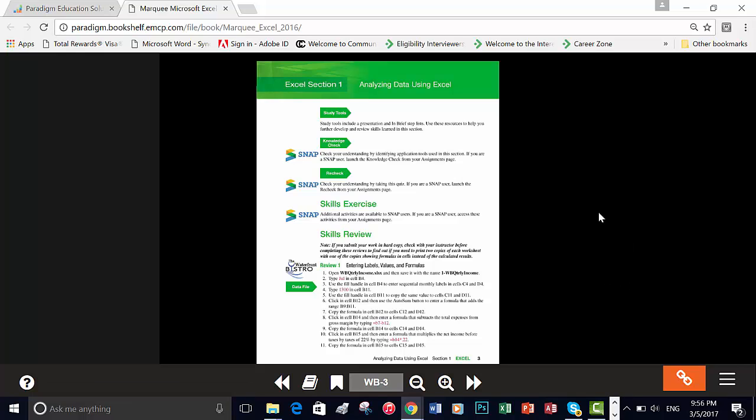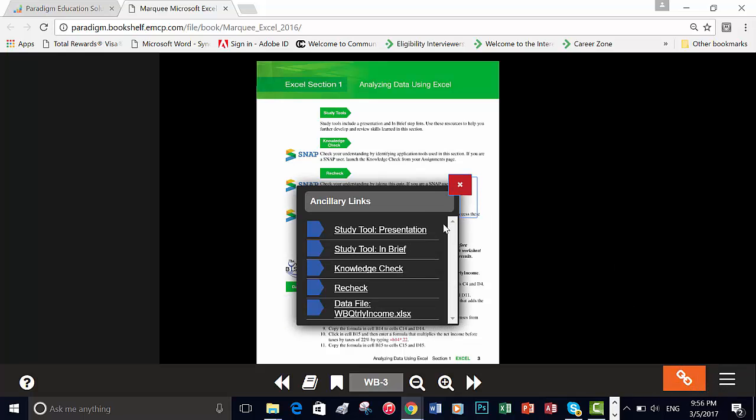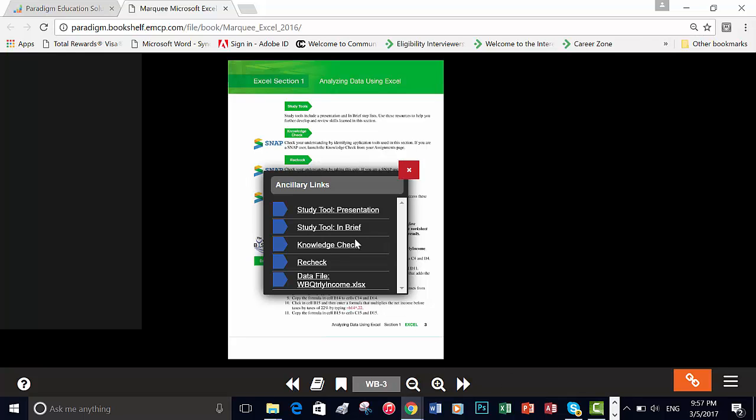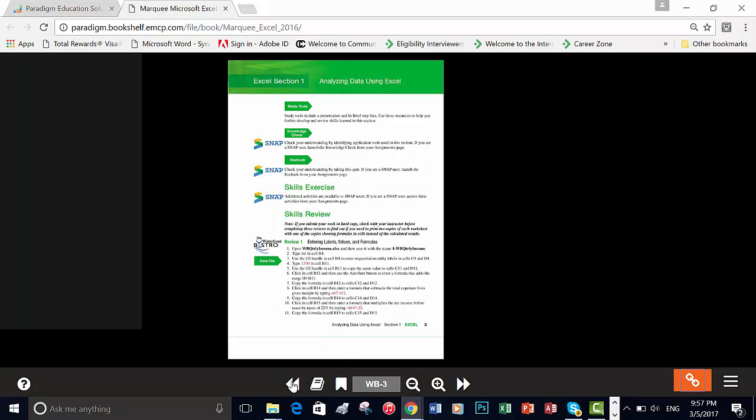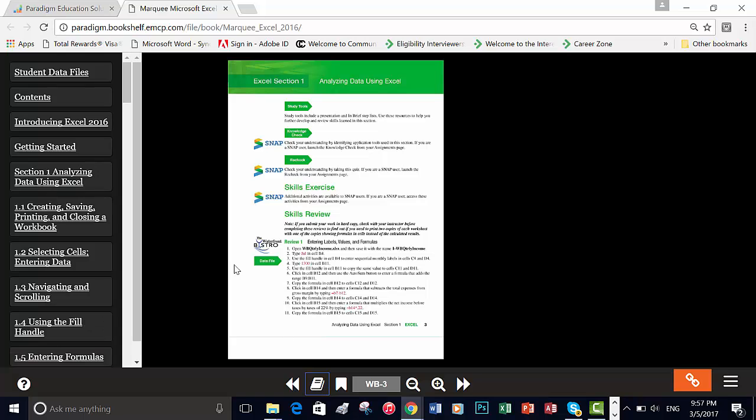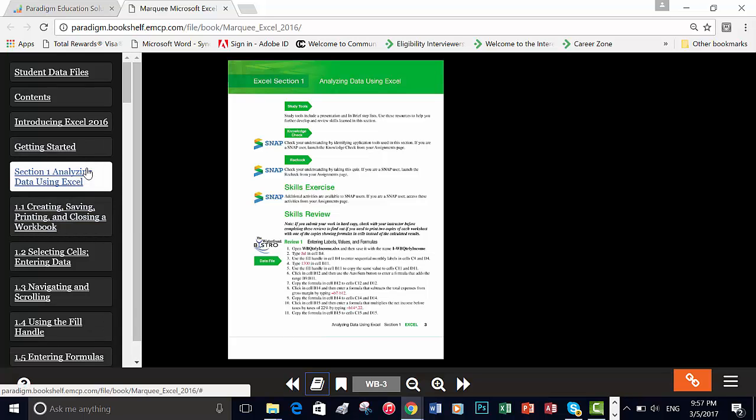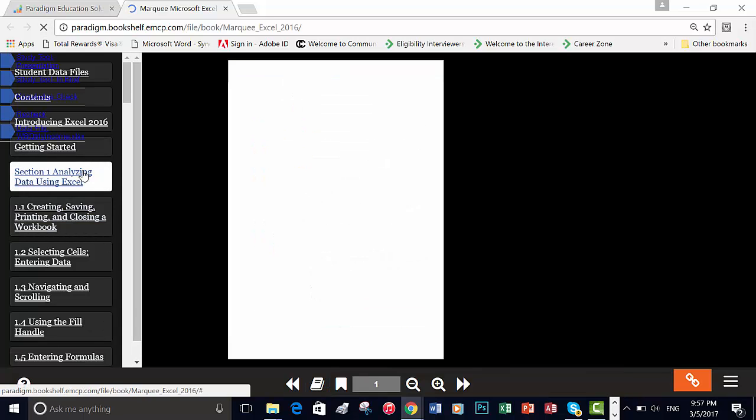Okay. This here, the chain with the link, click on that, and here's where they have access to the quizzes, the presentations, and the data files. So here you see knowledge check and recheck. There is a pre-check. However, since we're in the workbook, it's not showing, so we need to get back to section 1,